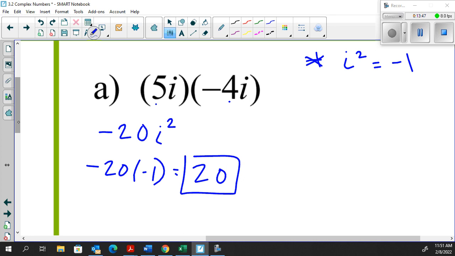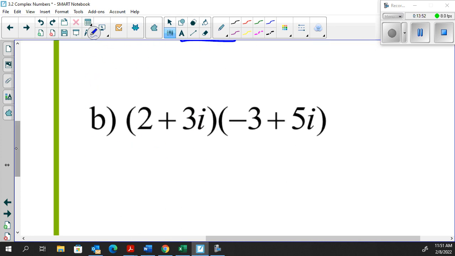All right, let's do one that's a little bit different. Who learned FOIL? Do we know what that is? Some of us, foiling, first, outside, inside, last. We're going to talk about that more later. I have a hatred for FOIL. We'll talk about that later. For now, if you see one like this, if you were taught how to FOIL, you could FOIL it. It's okay. We're going to talk about it later. I prefer double distributing. It pretty much just means that you're going to distribute both of these things into this